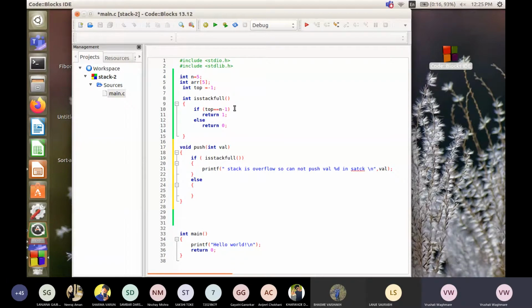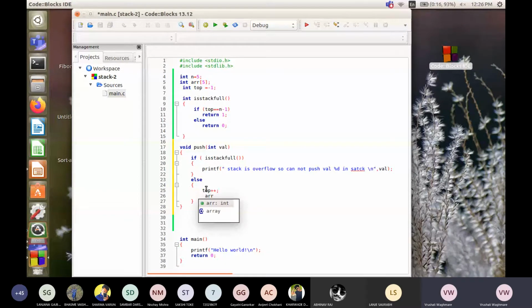पुश का algorithm, एलिमेंट पुश करने के लिए टॉप में इंक्रीमेंट करना है। टॉप पोजीशन कहाँ पे है? -1 पे है ना। उसको इंक्रीमेंट करेंगे। Yes, what we will do first, we'll increment the top. ठीक है, and then in the array, which position?